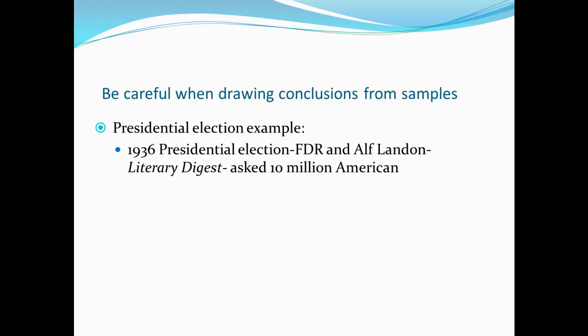And you can kind of see this in 1936, which was during the Great Depression, and so quite a lot of people in this country were poor at that time. However, almost everyone they sampled in this some 10 million sample, which is a ridiculously large sample, you don't even need something nearly that large to predict something like a presidential election.